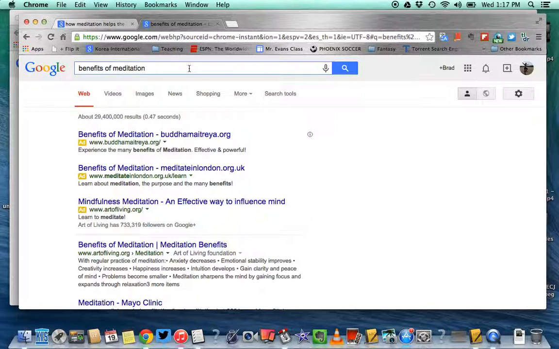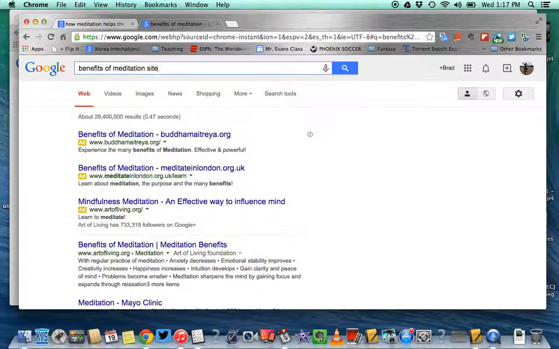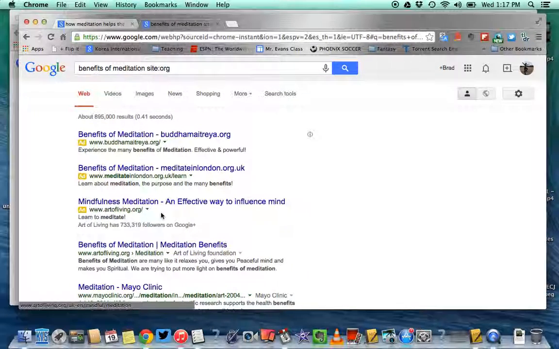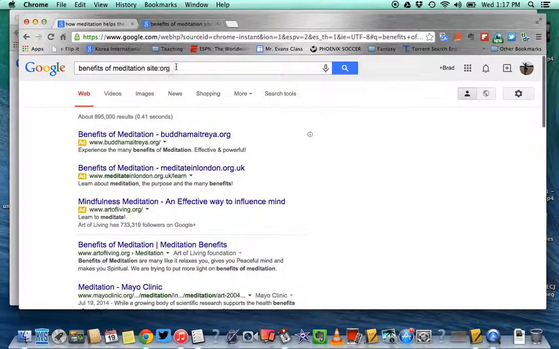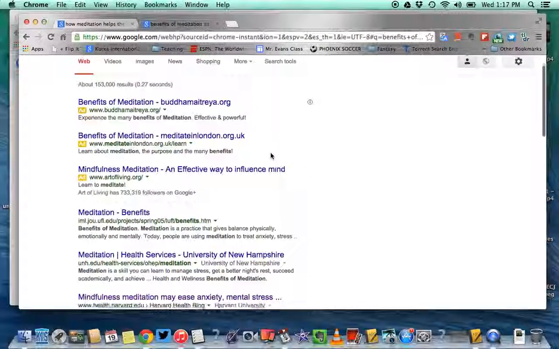Now, since this is a topic that I know there's going to be a lot of research done, I want to narrow it down to the types of places that will do research. So I'm going to narrow my search to different sites like organizations. And so now I have organizations, Mayo Clinic org. These organizations will most likely do research, but one of the most common places that research is done is at schools. So I'm going to change my site to edu, and now here's what I get.